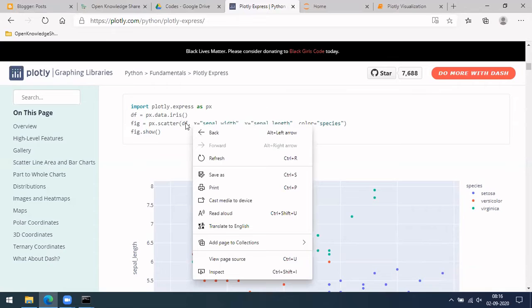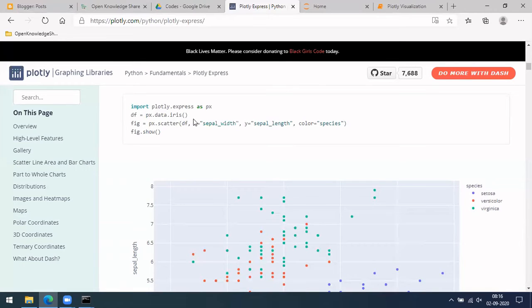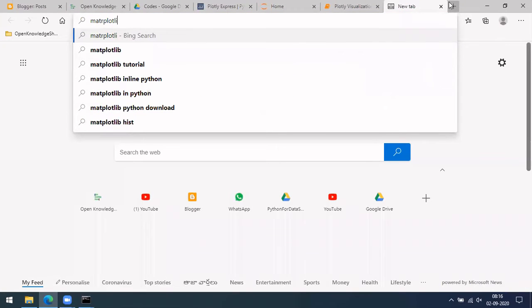If you see here, this is a data frame which contains three columns. X and Y are two columns, and the third column is species. So he has given this species as the color. This contains three different values, which are these three. As per each color, X and Y have been plotted, and depending on that, some color was assigned. It's like a label in our matplotlib. Okay, let me open matplotlib again.